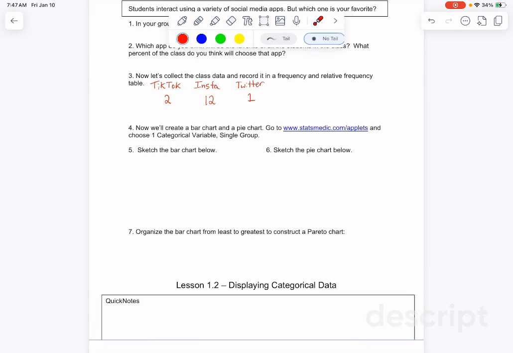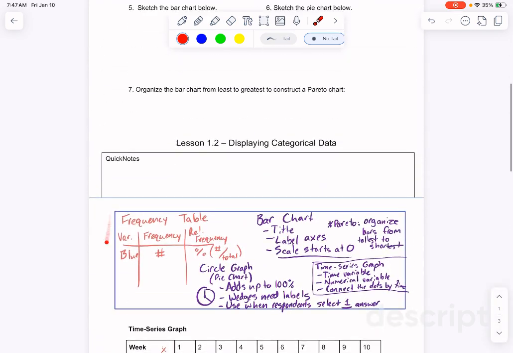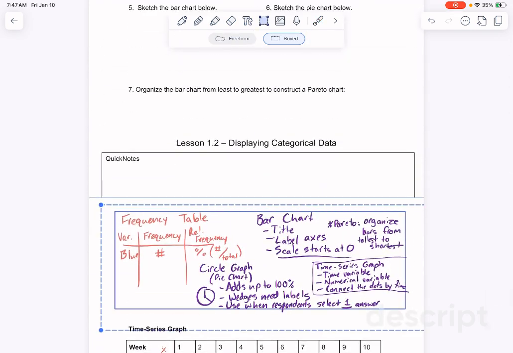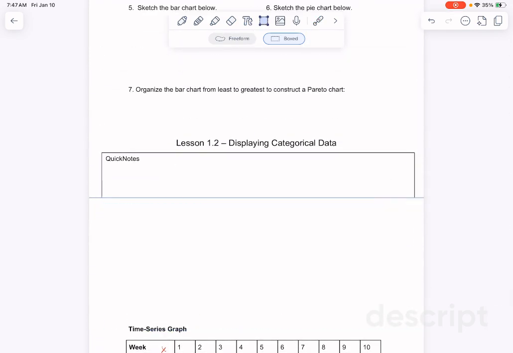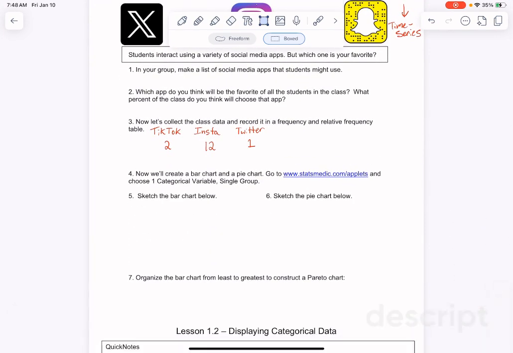We are actually going to make the charts first with this little website, and then we're going to talk about the good chart making procedures for you to follow when you make a chart by hand. So this is how these lessons are structured. You tinker with the ideas first, and then we're going to formalize them later. And actually, I need to wipe that because we're going to be using it. So, let's go to this StatsMedic link.